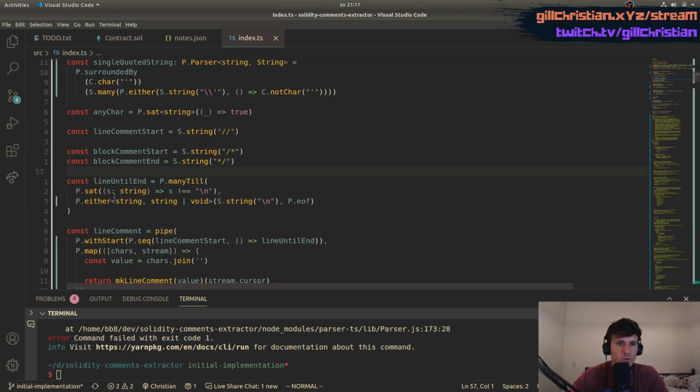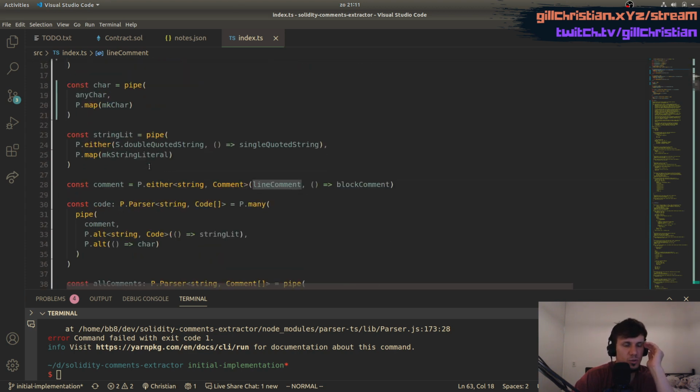I guess some of the combinators maybe are recursive. Yeah, does the input have